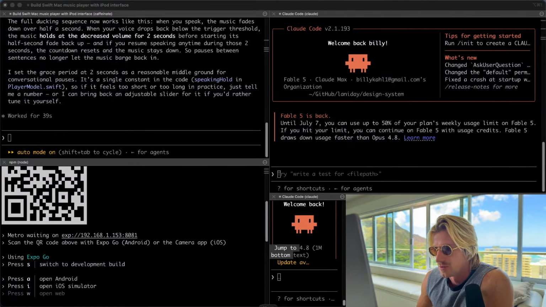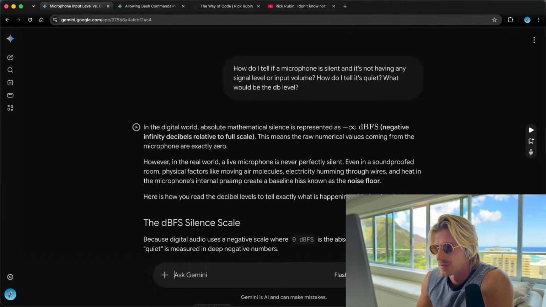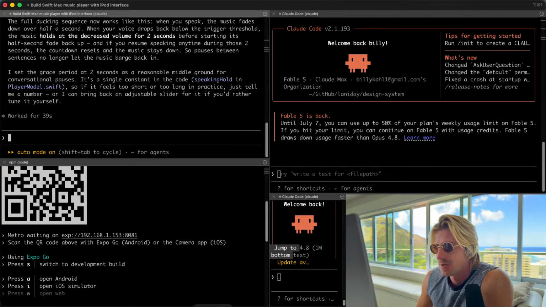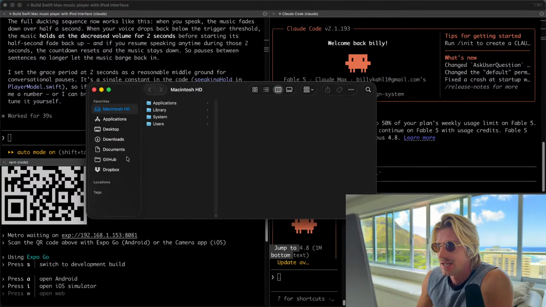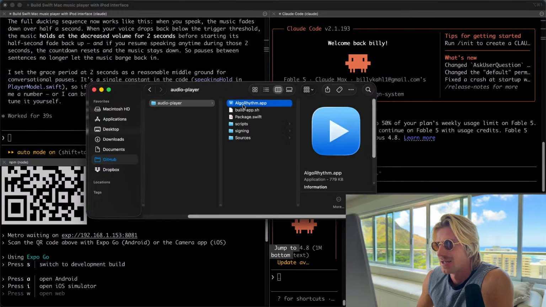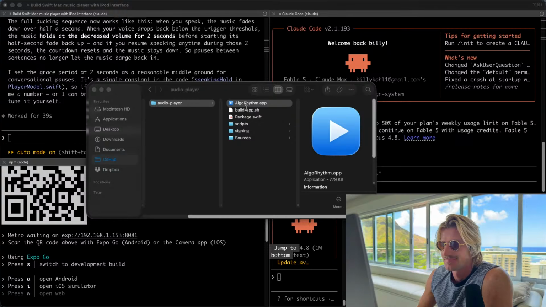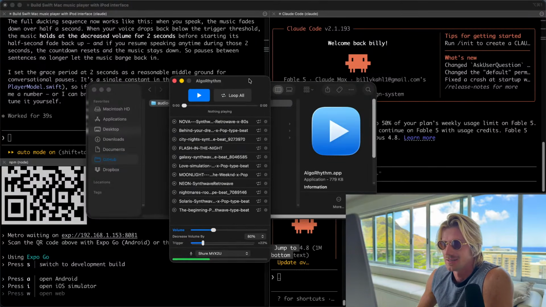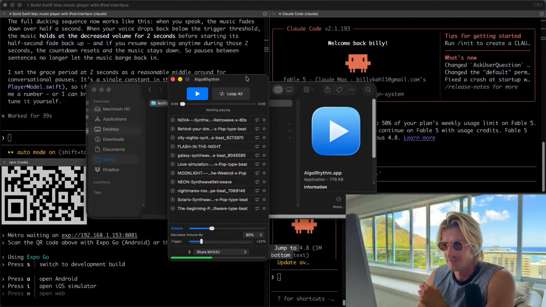Okay, so here's the thing. I have my music app. I just think the name of this music app that we're making is so epic. Algorithm? Algorithm? I mean, this is just the best name for this app ever. Okay, so